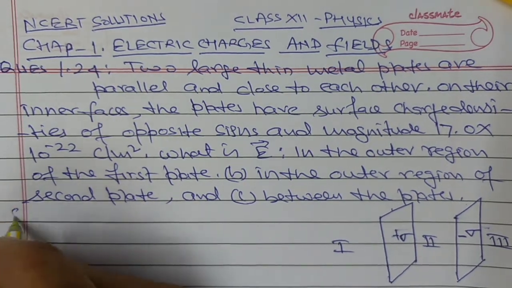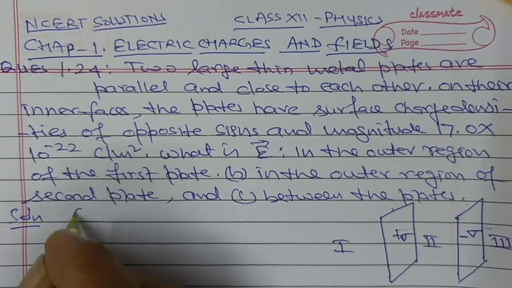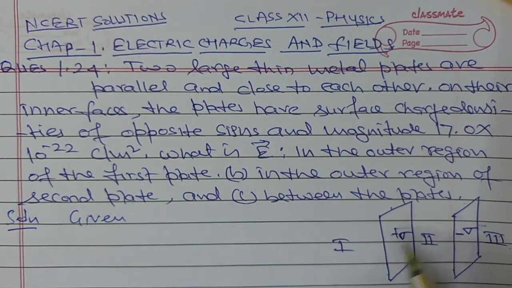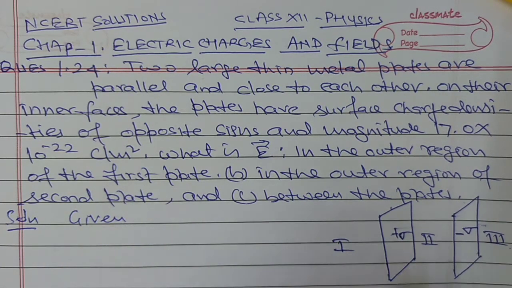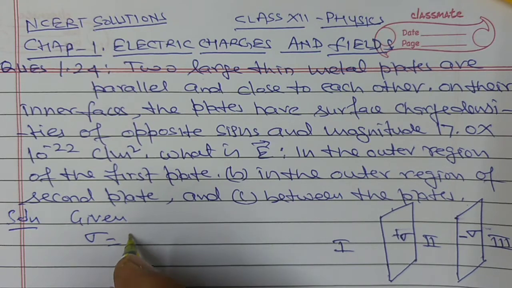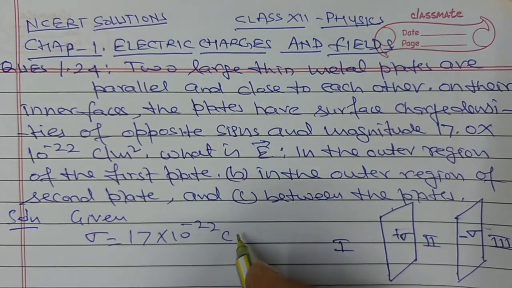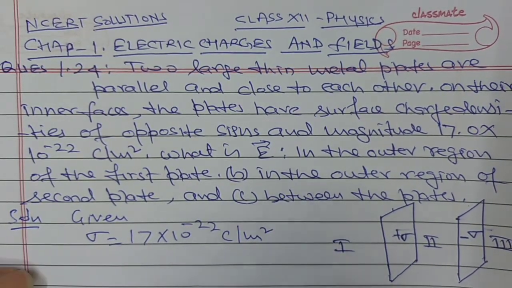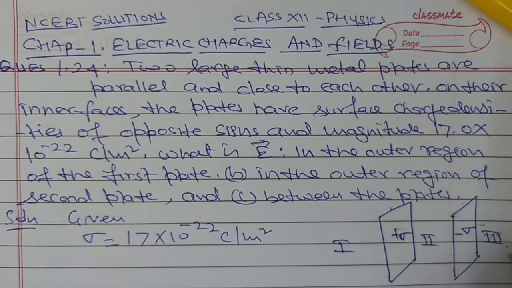In this question given that two large thin metal plates having surface charge density plus sigma and minus sigma, and this sigma is given surface charge density equal to 17 into 10 to the power minus 22 coulomb per meter square. हमें कैलकुलेट करना है इलेक्ट्रिक फील्ड इंटेंसिटी इन दिस रीजन and number 2 in the second region and number 3 here in third region. So first part